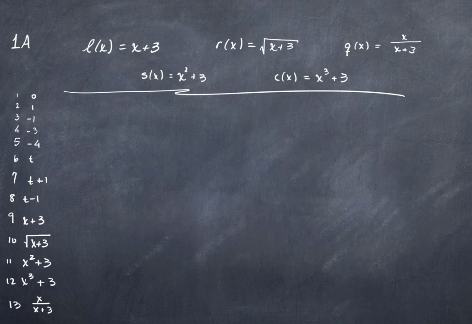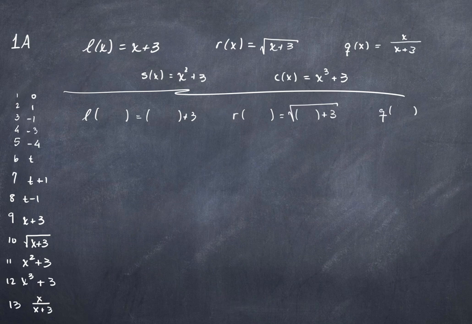Okay, we're ready to take it up another notch. I'm going to rewrite my functions. L of x equals, so you don't want to write it that way, L of x equals x plus 3. So far it's the same as I did before. I'm just basically making room for whatever I decide to plug in for x. X plus 3,